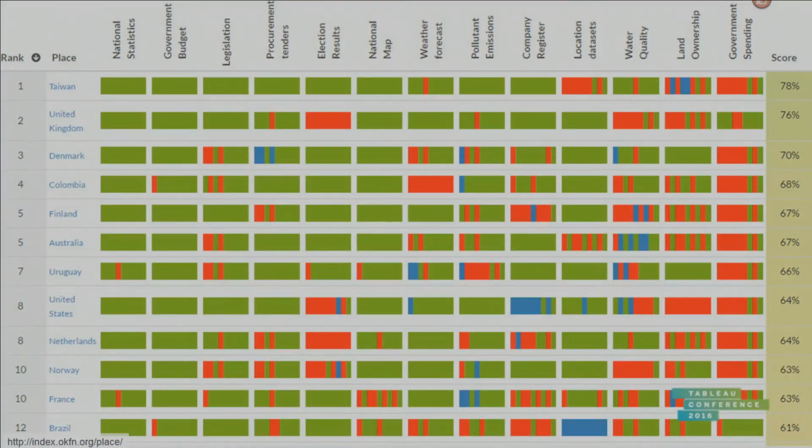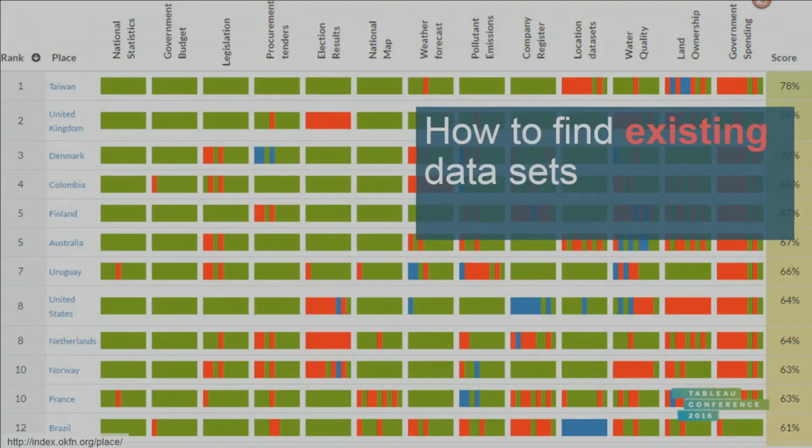So you can find data sets in two places. One is to find existing data sets. There is a lot of publicly available information out there, and what we're looking at is a report released by the Open Knowledge Foundation about publicly available data sets by country. So UK is number 2. I forget how lucky I am where I live, have a lot of open data, but not US. You guys are down at number 8.